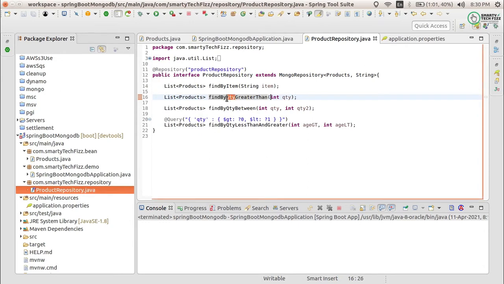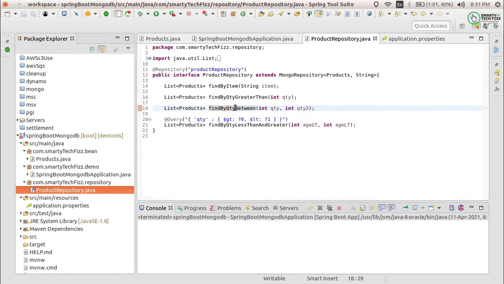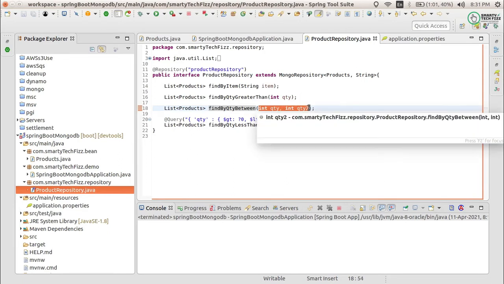This quantity is a field name, and I have to use greater than. You can have less than, you can have anything else. Like I have mentioned here findByQuantity which contains the values between these values. You may have it like this.